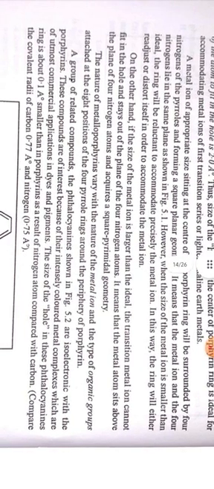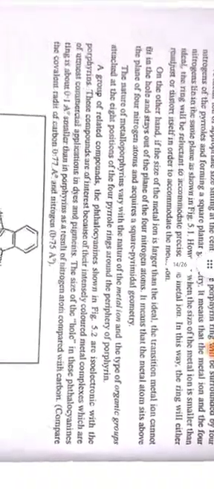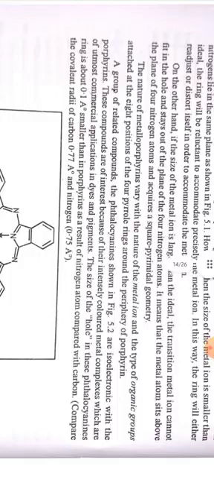However, when the size of the metal ion is smaller than the ideal, the ring will readjust or distort itself in order to accommodate the metal ion. On the other hand, if the size of the metal ion is larger than the ideal size, the transition metal can't fit in the hole and stays out of the plane of nitrogens. It means that the metal atom sits above the plane of 4 nitrogens